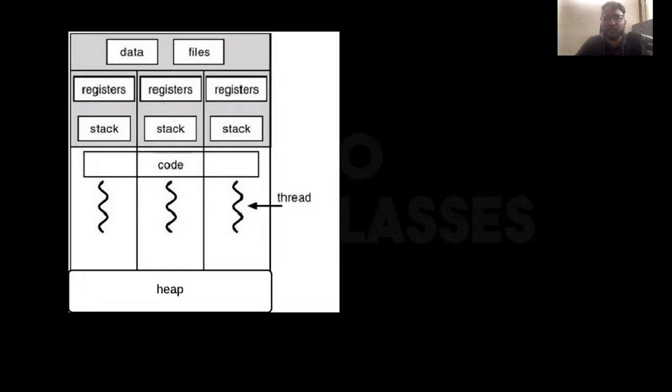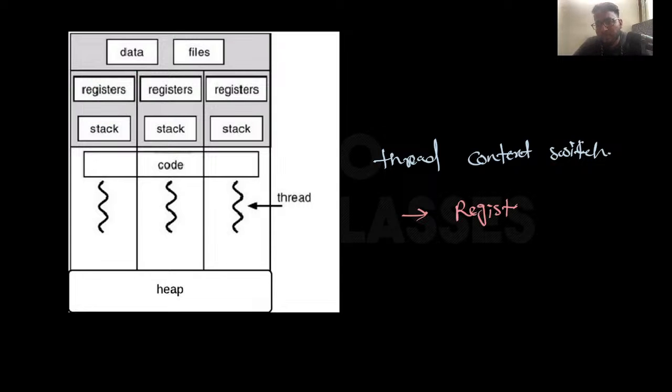Yeah, this was a very nice question. I think they have asked, if you are doing a thread context switch, and many times in our GO Classes course we have dealt with these kinds of things, what do you need to save? Threads do some computation locally, so they have their own registers, so maybe you need to save registers. Can you tell me what the options were? Registers, stack pointer, I think page table base register,